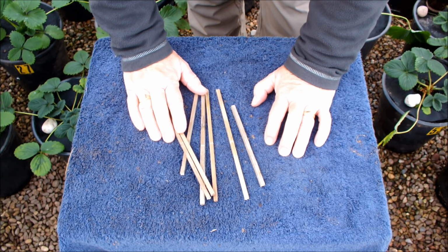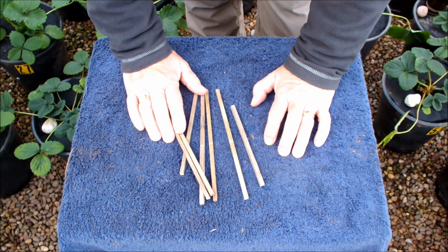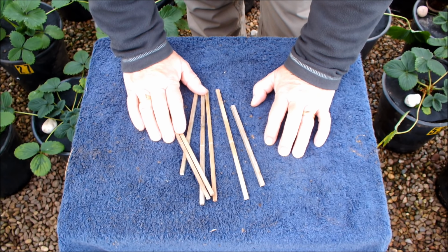Hello, we're in the greenhouse today. It's really windy outside. Reminds me of some of the experiences I had with this greenhouse through the past 12 months. I've had it nearly 2 years now, and at times it's been a struggle to hang on to it, to be honest. So this is an 8x6